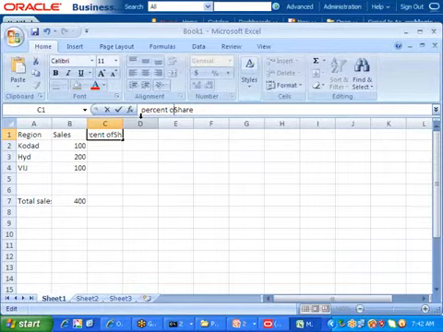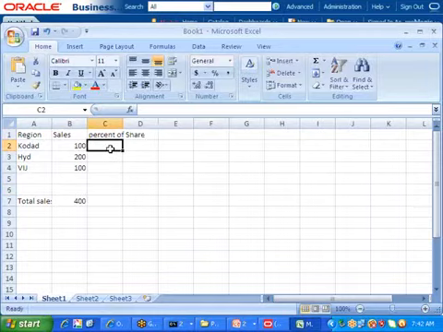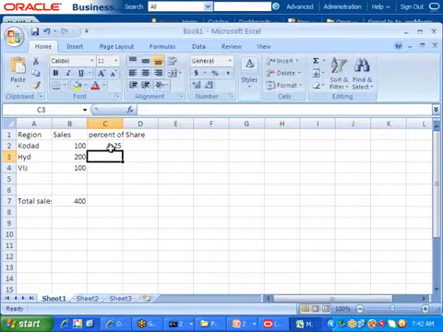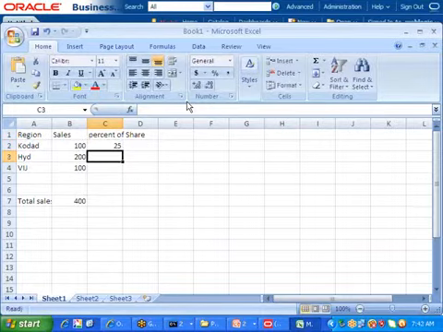Percent of share. Now that means what, sir? Tell me, what is the share? That is that region's sales divided by total sales, that is 400, into 100 also, right? Into 100, this gives me my percentage.